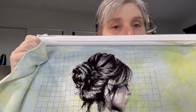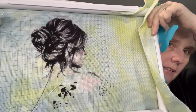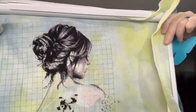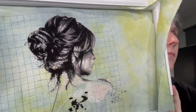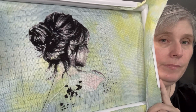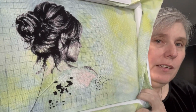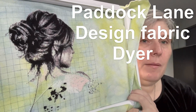I predominantly think I worked on her face, and some in her hair. I did some lighter colours this time in her hair and that sort of thing. The designer, Paddock Lane Designs, is the designer. It's a gorgeous colour. I'm really happy with her. I think I even came down here a little bit with one of the colours. I didn't really want to go down her back so much. I wanted to stick in her hair,